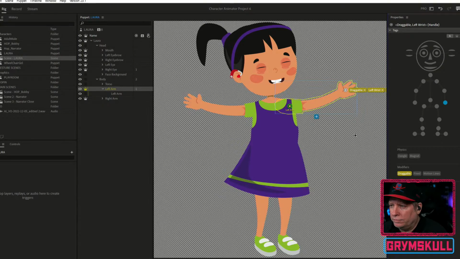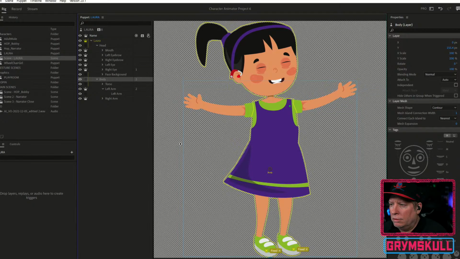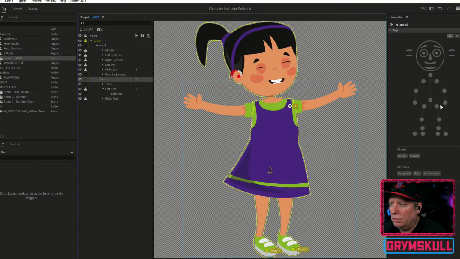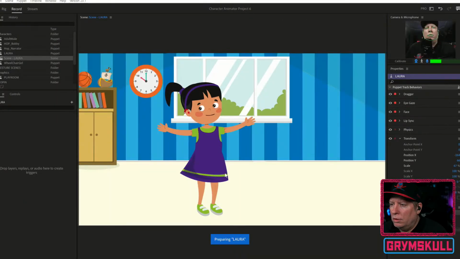Then we're going to take a handle tool and put that about where the elbow is, and then select the elbow. I'm going to go back over and select her body. And I can put another, what do we call it? The dragger. No, the handle tool. We're going to click right on that green dot, and that's going to be the shoulder. So now we should be able to drag her hand.